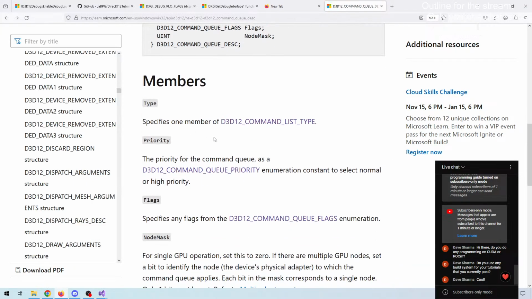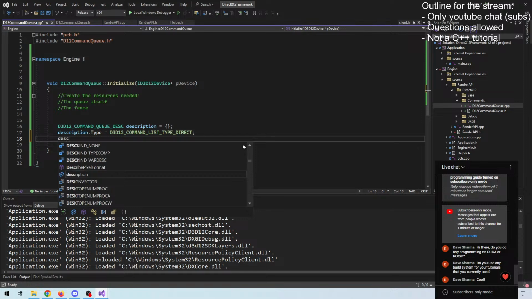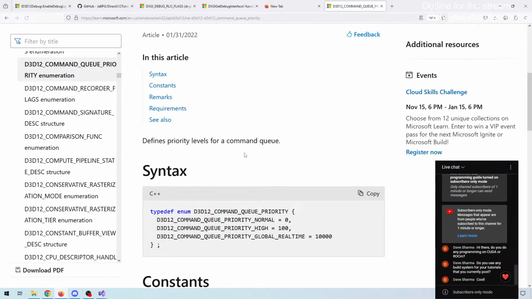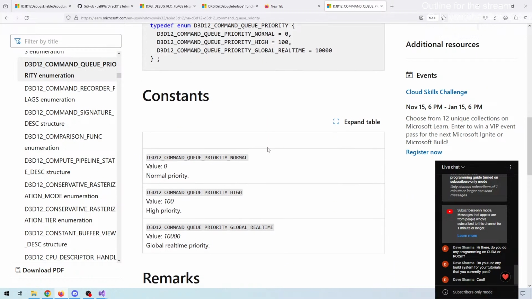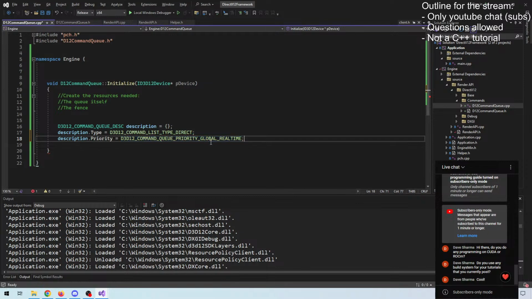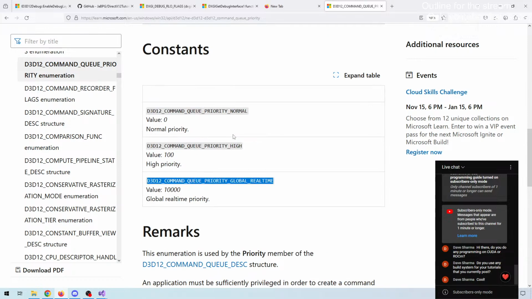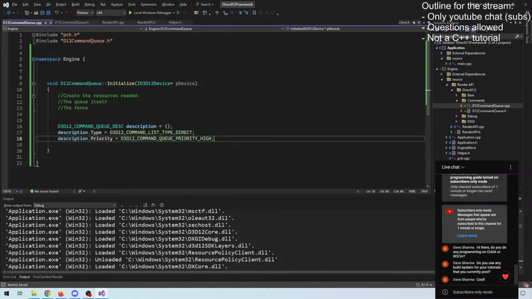Next, we will specify our priority. For this application here, we want the highest priority. Let's see. Global real time sounds great. Well, okay, maybe we just want high. I haven't tested the